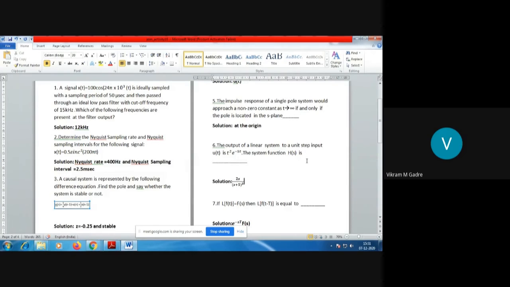Here, the output of a linear system to a unit step input. Now, are you saying that this is only for t greater than or equal to 0? So are you multiplying this by u of t, t squared e to the power minus 3t u of t, isn't it? Yes, sir, u of t has to come. We have to be careful in framing these things. Otherwise, this will not have a Laplace transform. Yes, sir, you have to be careful in framing such questions. Sorry, sir.